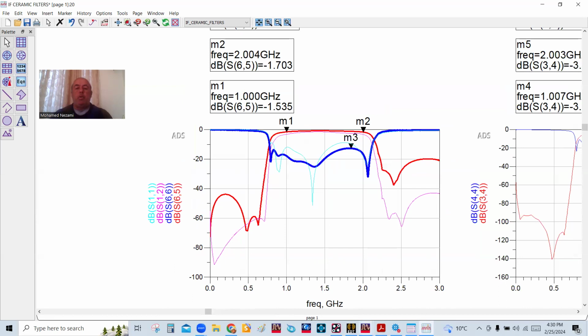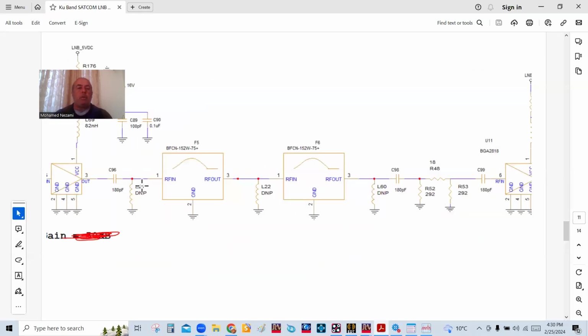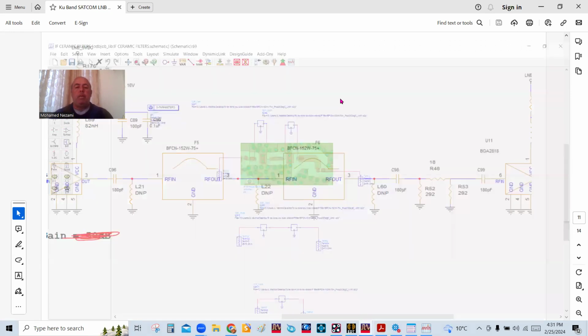So basically, what we really have to do is go back to this circuit and say we really need inner stage matching between these two to improve it. Or, if you can afford a little extra gain, you throw in a 3 dB pad, 3 resistors in here, and that will improve the isolation a lot and reduce the interaction between these two that deteriorates the response. So again, what we did is we used